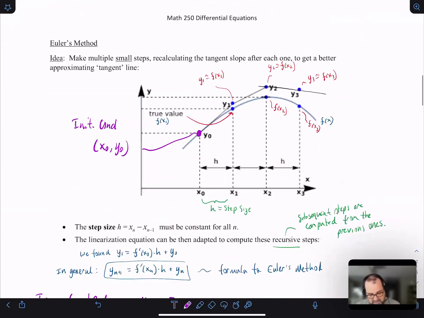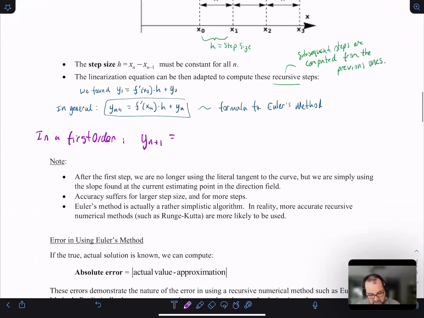So basically, we can say we do this recursive step. The slope is given by f of x and yn, times step size, plus we need the y value at the previous step. So this would be written in terms of our